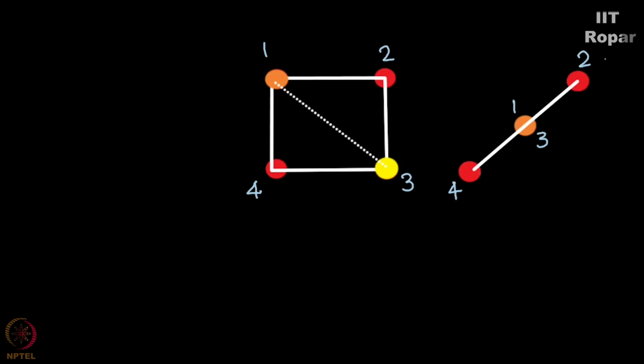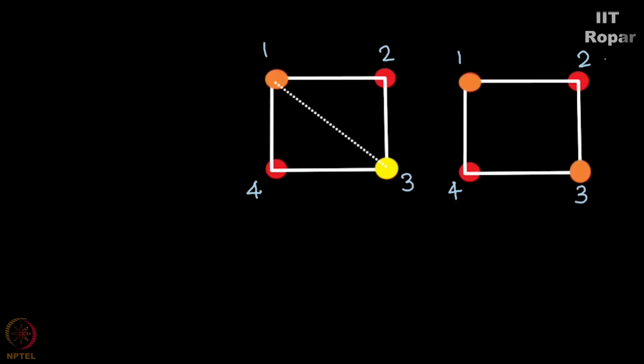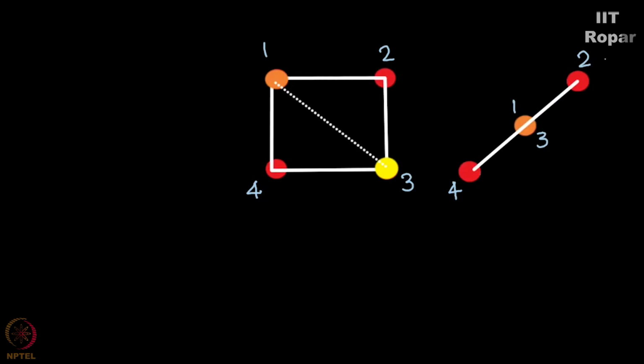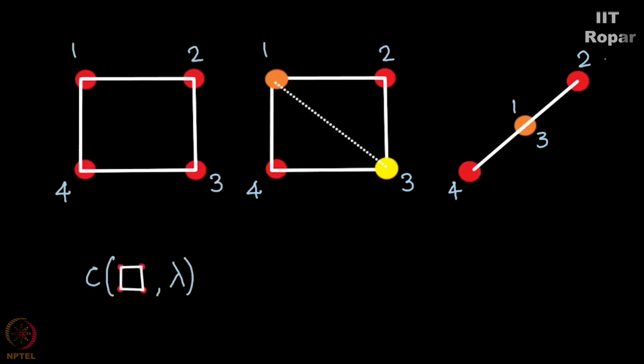So what I will do is, instead of writing a square like this, a C4 like this, I will identify 1 and 3 as the same vertex and have on either sides 2 and 4. In how many ways can you color this with lambda colors will be the question then. What is the chromatic polynomial of this will be the question. This captures the possibility of 1 and 3 having the same color. The answer for this is same as the answer for this path with 3 vertices.